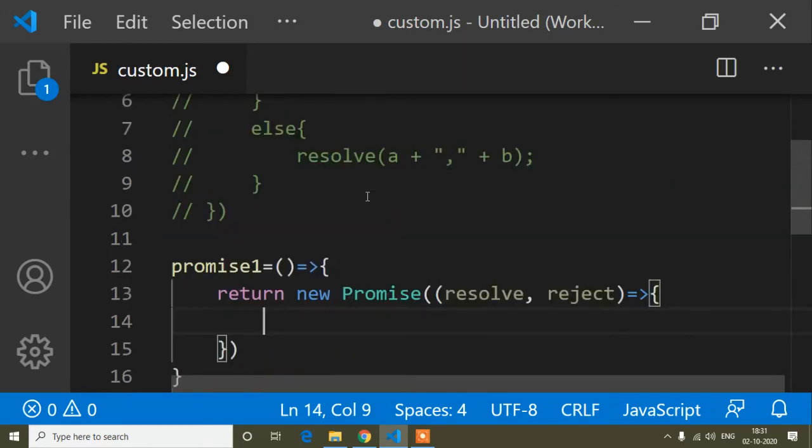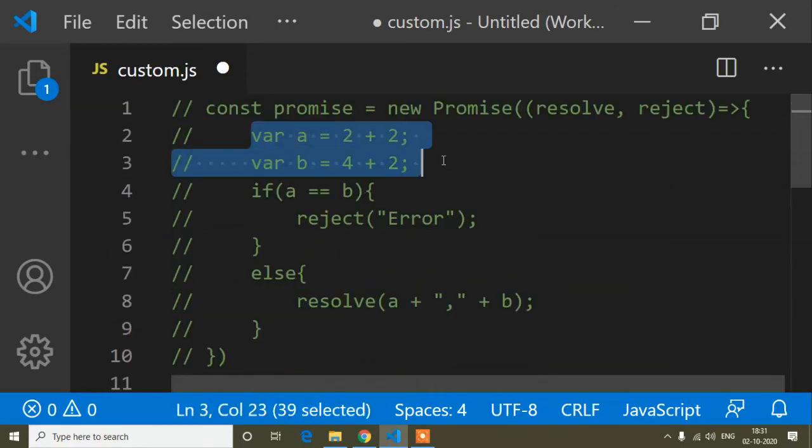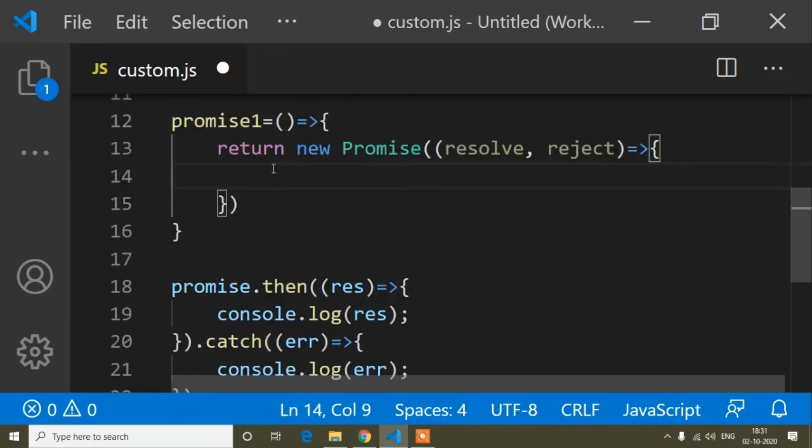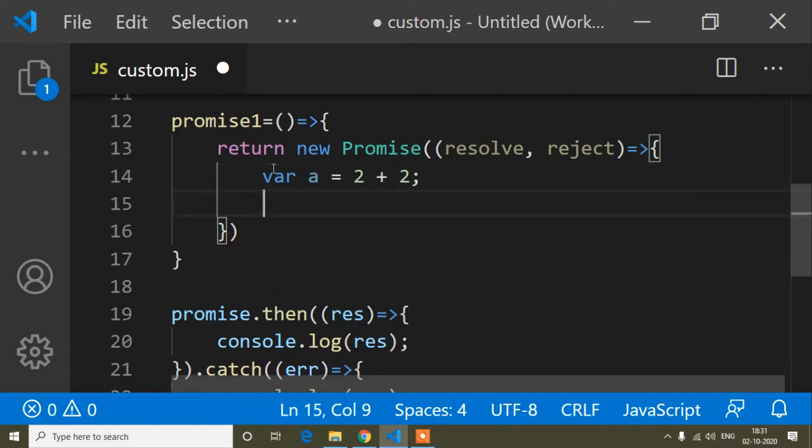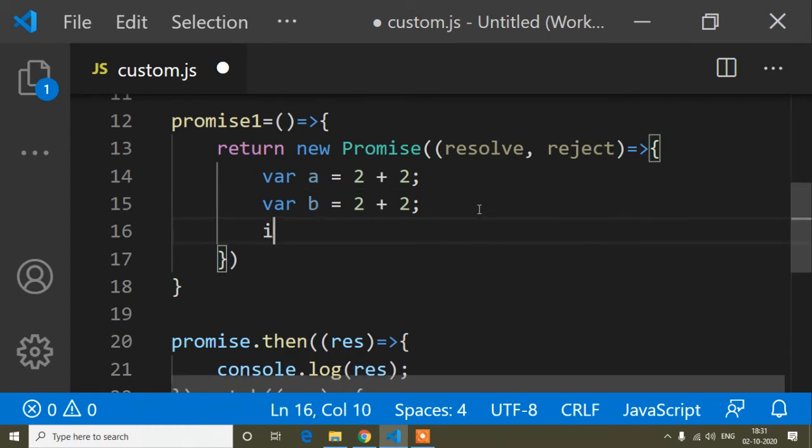And the same thing, I will copy. I will write it here. So the same thing, you can write where a equals 2 plus 2, and where b equals 2 plus 2.